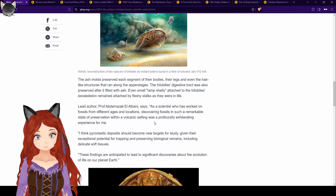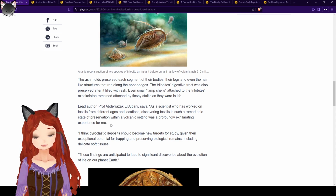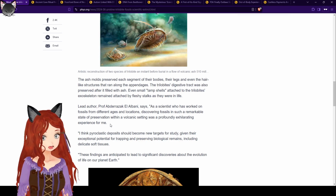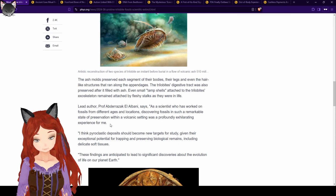The ash mold preserves each segment of their bodies, their legs, and even hair-like structures, that's what kind of creeped me out for a second, that ran along the appendages. The trilobites' digestive tract was also preserved after it filled with ash. Even small lamp-like cells attached to the trilobites' exoskeleton remained attached by fleshy stalks as they were in life. They had parasites. Lead author, I'm just going to say your last name, I'm so sorry, El Albani says,